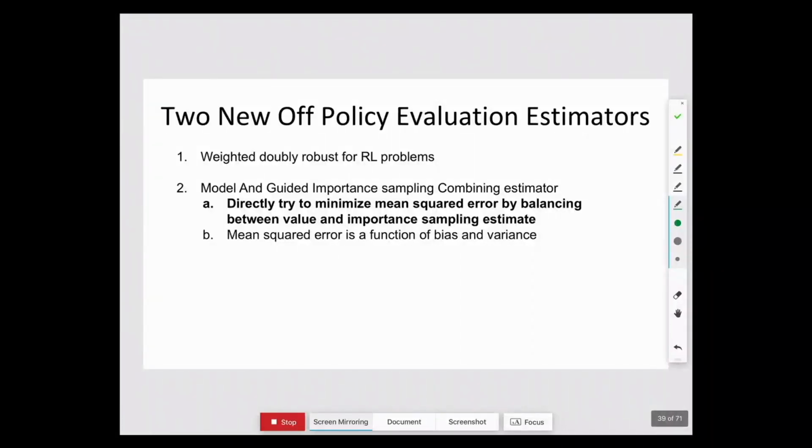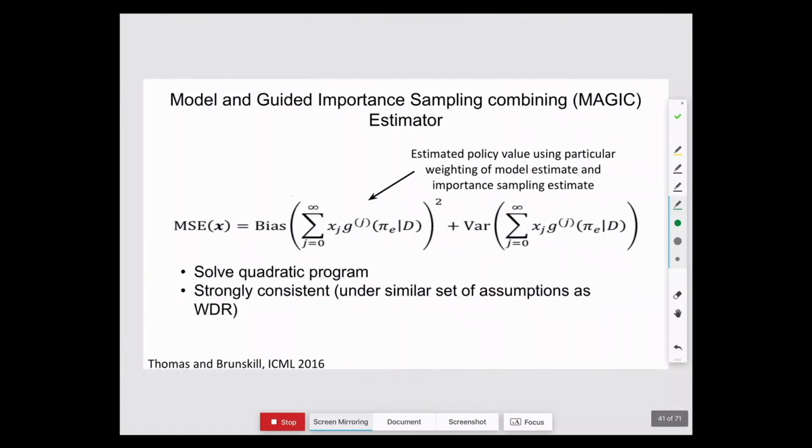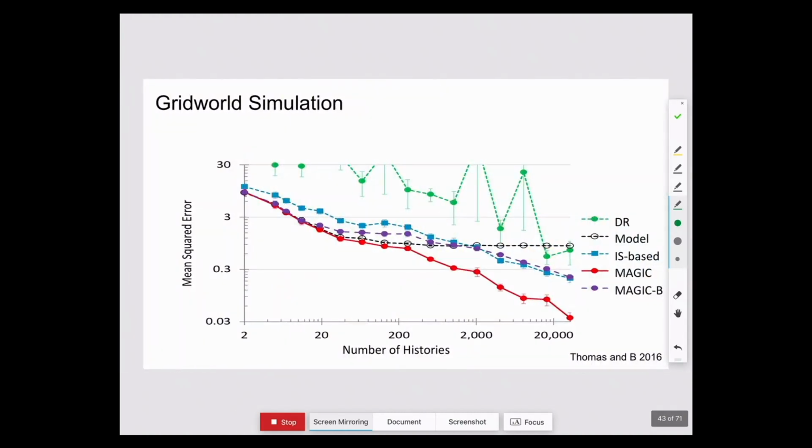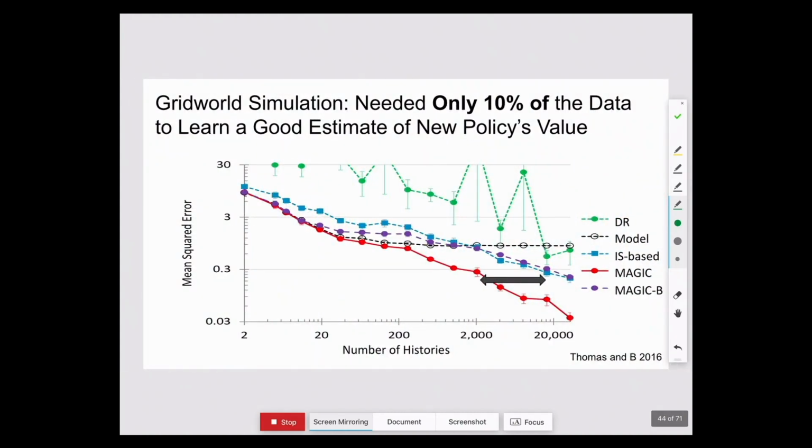So I'll skip through this very briefly because I want to get briefly to additional ideas. We had some other ideas for how to further improve the accuracy. It can make a big difference to data efficiency. I like to highlight here that the implication of being able to do these things better is that you could need vastly less data to answer questions.